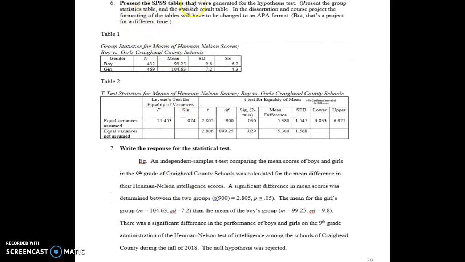Okay, you're going to present the SPSS tables that were generated. Okay, and I tried to make these look like the SPSS tables. So on a t-test, you're going to get a table that looks something like this. It's going to give you almost a descriptive statistics table. It's going to give you the n value, the mean, the standard deviation, and the standard error. And then the t-test table, you notice I've got